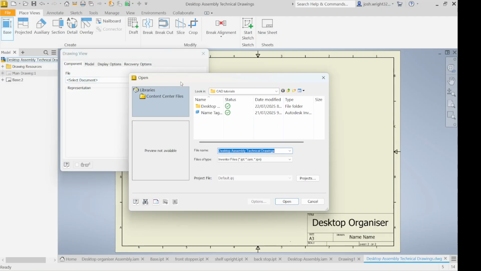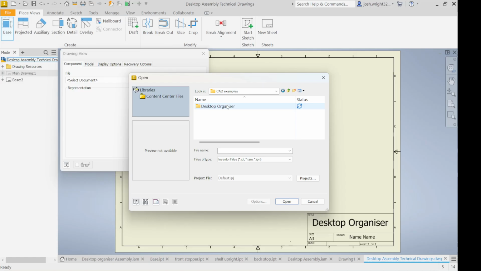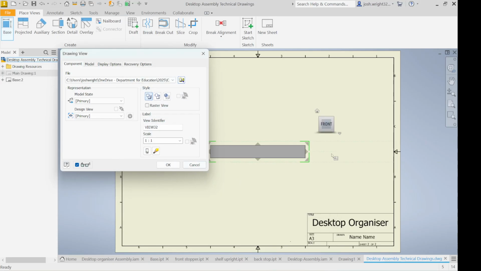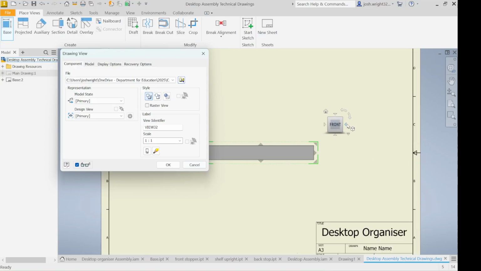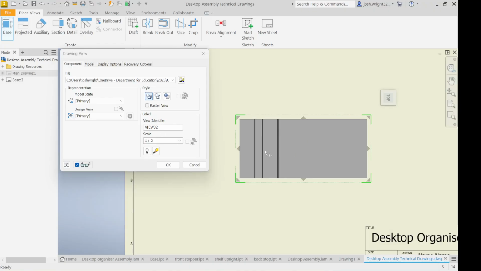So I can open up my filing system. I'm just going to cut examples, desktop organizer. If I click on base, click on open, alright, I can spin this around to where I think I want a good view to be. So I think that's probably going to be the best view. It's going to show me the details, and then I just want